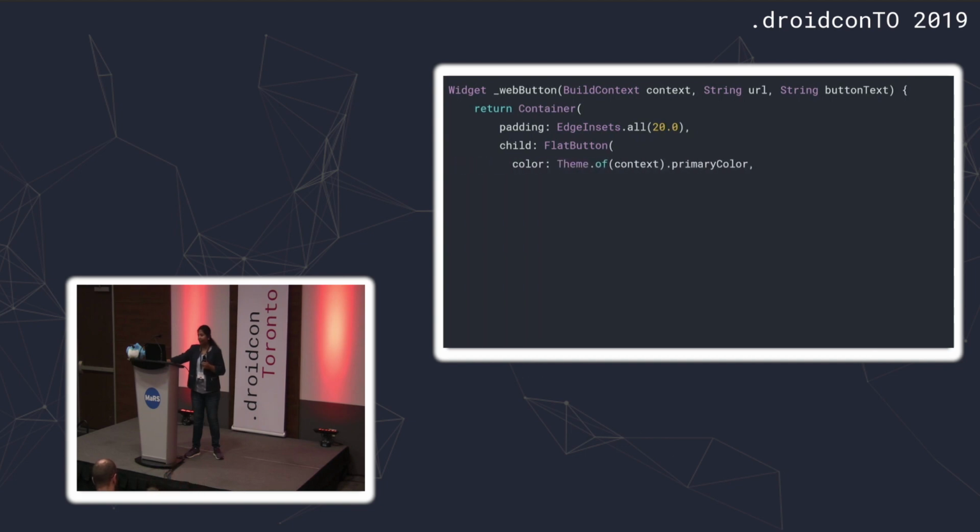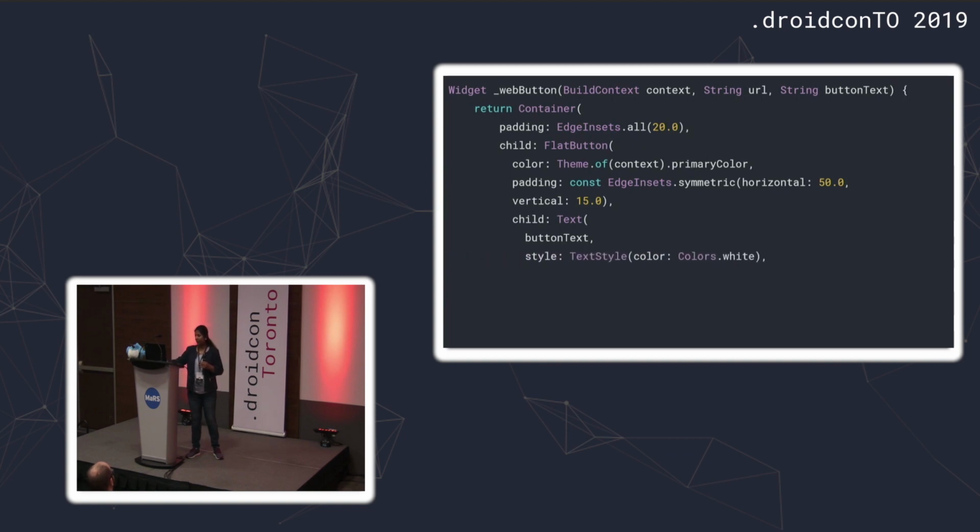And then for the flat button, I'm giving a color, which is a primary color, which I've already defined in my material. And then I have a padding again inside it with a vertical of 15. And then inside the padding, I have a text. So it's the button with padding and the text. So the button text comes from the parameter, which I've defined in the function. And then I give a style